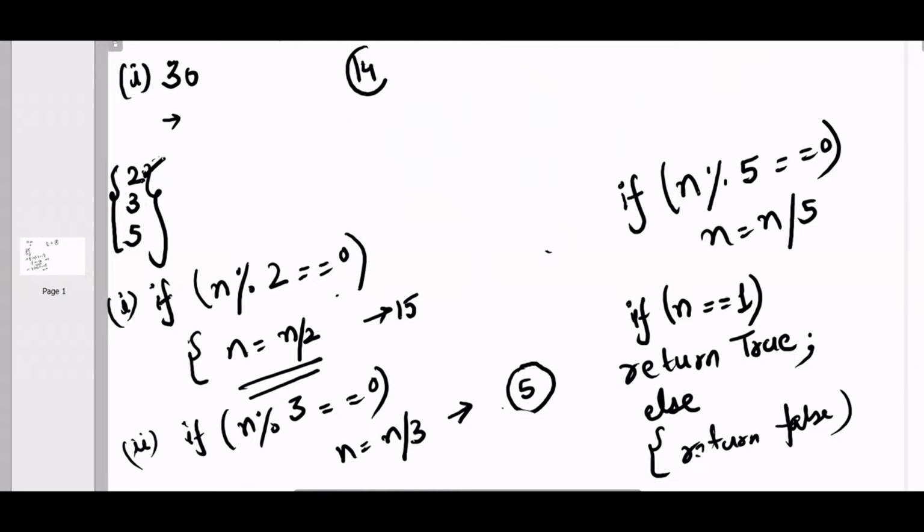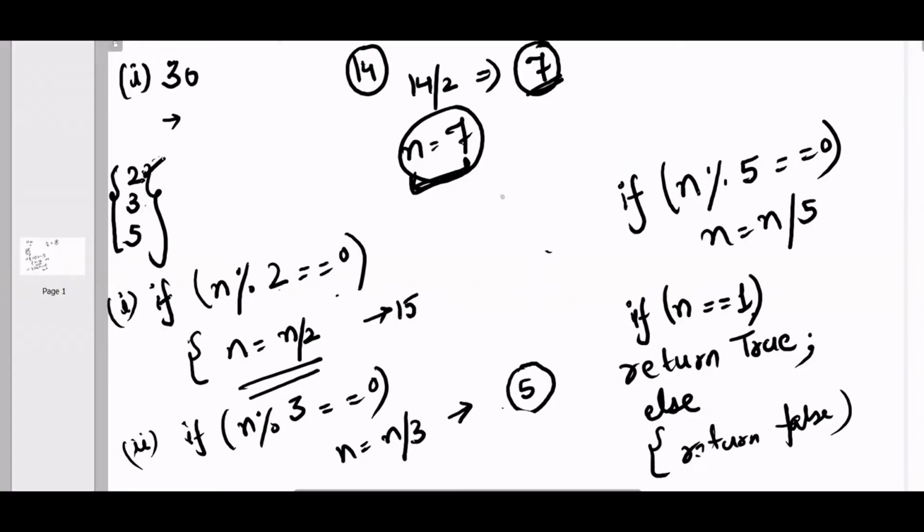Let's take the number as 14, right? So you check if the number is divisible by 2. 14 is divisible by 2, yes. So you got the number as 7. Still you need to check if 7 is divisible by 3, no. So you can skip that step. Then you need to check whether 7 is divisible by 5. No, it is not divisible, right? So now your number remains as 7, but it should be 1, right? If the number is 1, then it is an ugly number. If the number is any other number than 1, then it is not an ugly number. So that means n is 7, so it is not an ugly number, correct?